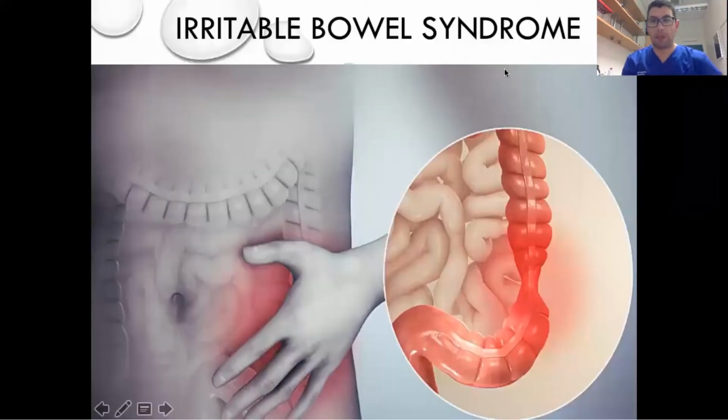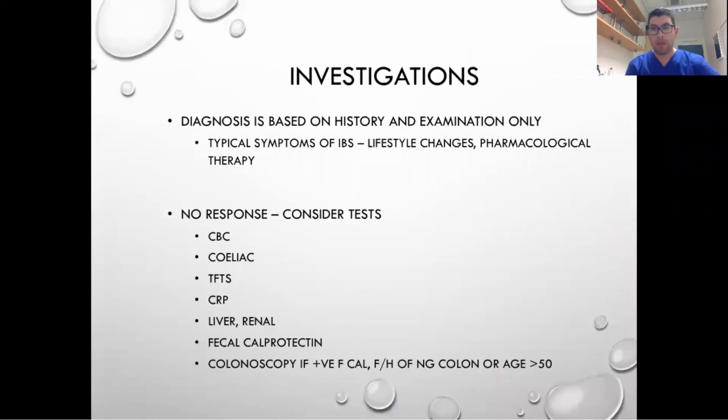So, hello again, and today we'll continue talking a bit more about IBS. Today we'll talk mainly about investigations and specifically on the management of this condition. So investigations. IBS is a diagnosis which can be made based simply on history and examination. Most patients with typical symptoms and with normal examination